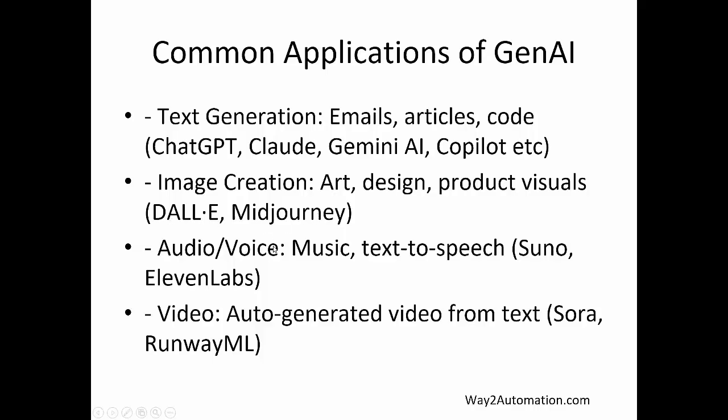For audio, we have ElevenLabs, which is very popular. For video generation, we have Sora, Runway ML. So different GenAI applications are available in the industry based on what expertise you're looking for, what type of work you want to get done with the help of these GenAI applications, what content you want